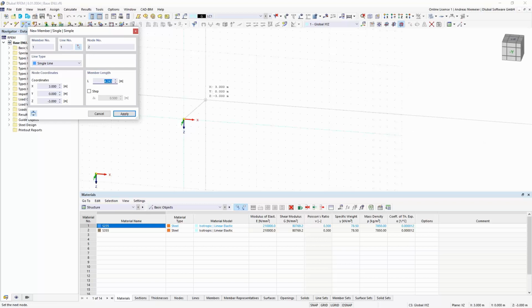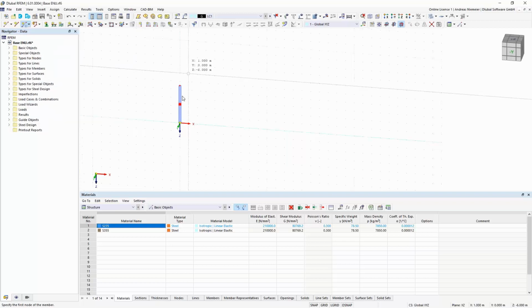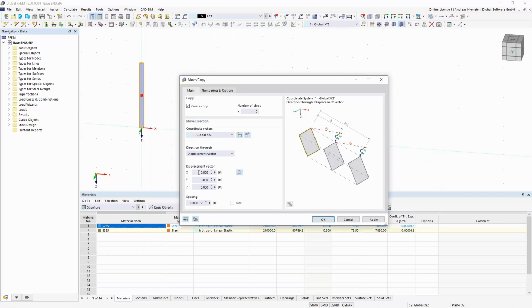And now I want to define a 4.5 meter long column. And how to do this, because the grid points are only offered for 1 meter distances. So I place my mouse pointer maybe in the direction so that the program has the vector and write 4.5, and the program gives me a 4.5 long member. Then we select this member and copy it on the right side, maybe here by 13 meters.